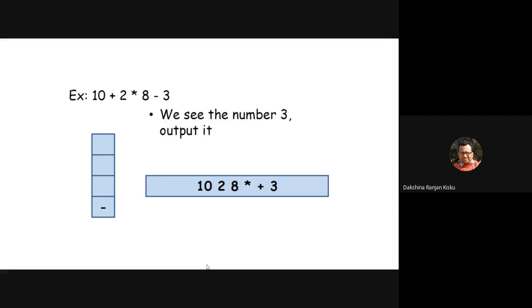The remaining expression consisted of 10 2 8, multiplication operator, addition operator. So after the addition operator, we simply write the operand 3.